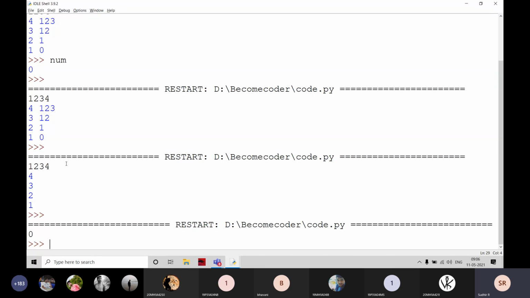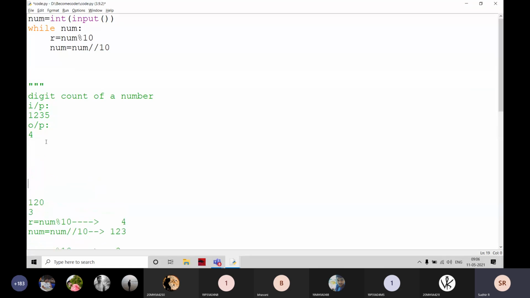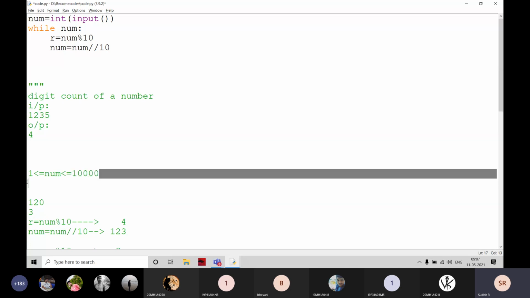When the program is like this, some constraints are always there. The constraints are going to be like this: the number is greater than or equal to 1, and less than or equal to, for example, some thousand.